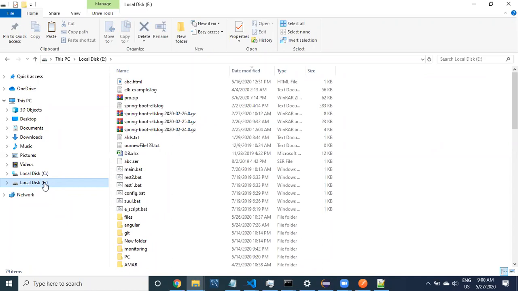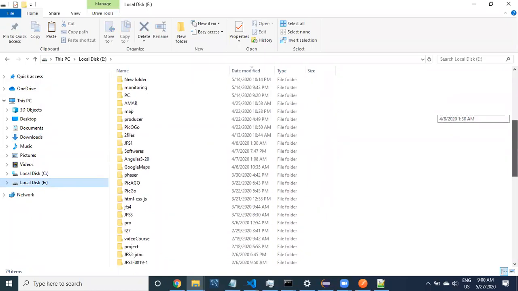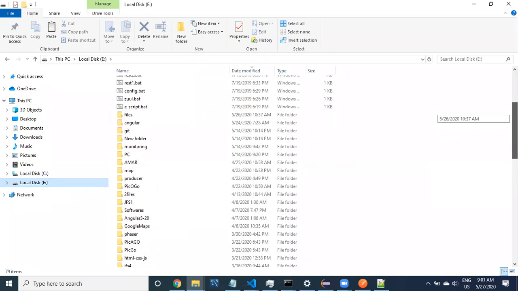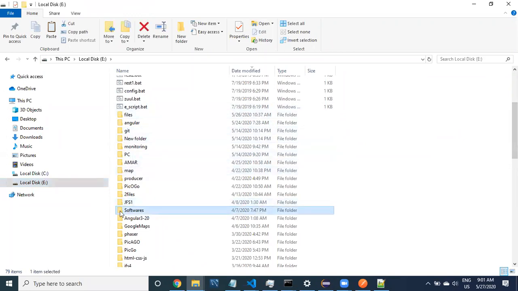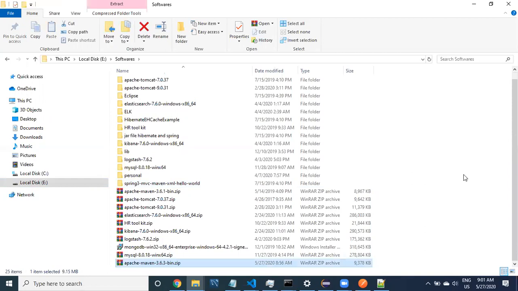Normally I maintain a softwares folder in the E drive.